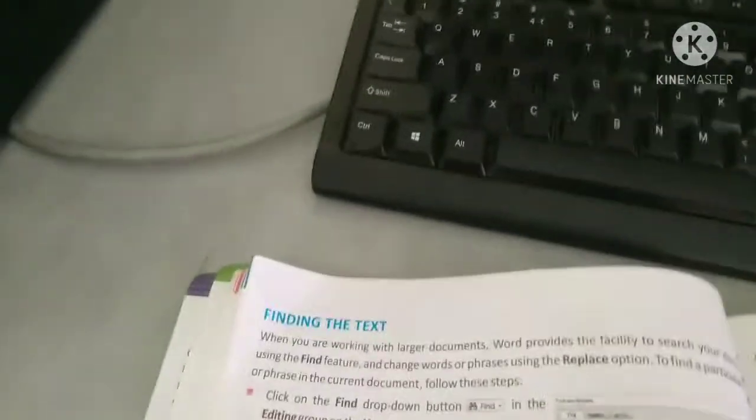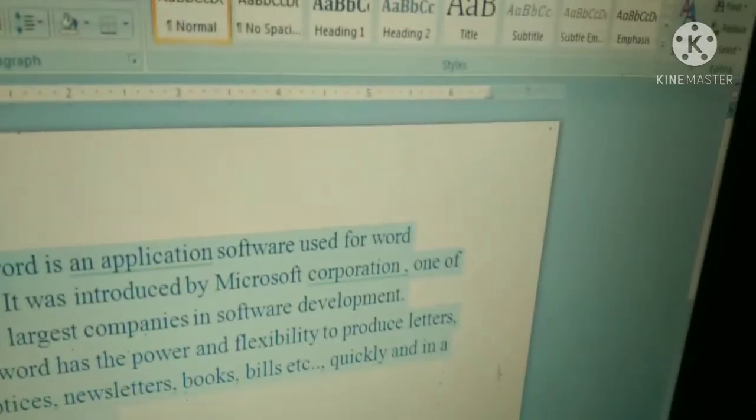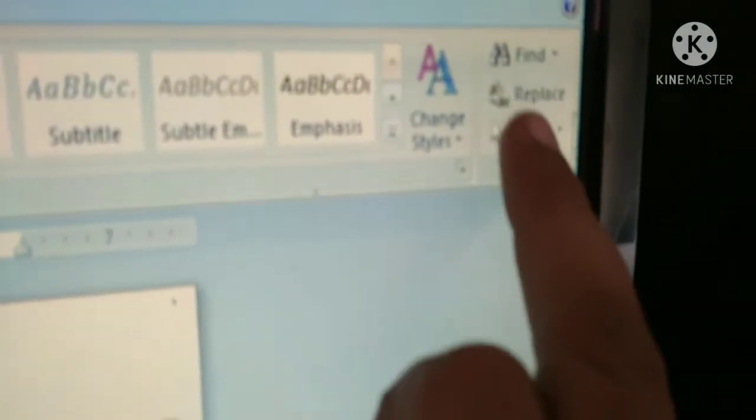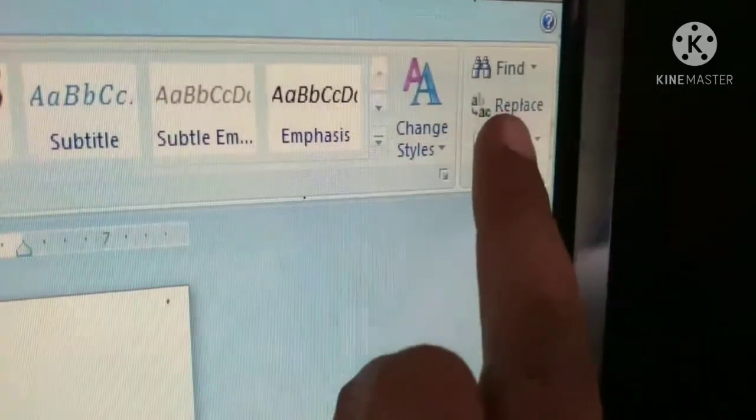Next comes finding the text. You can find this option on the ribbon of the Home tab, at the corner: Find and Replace.